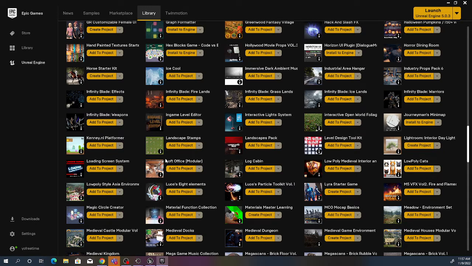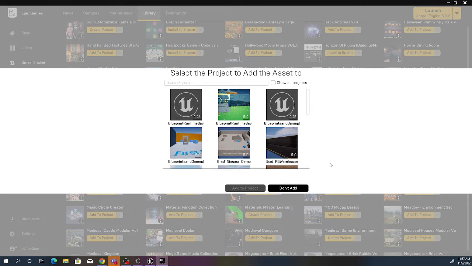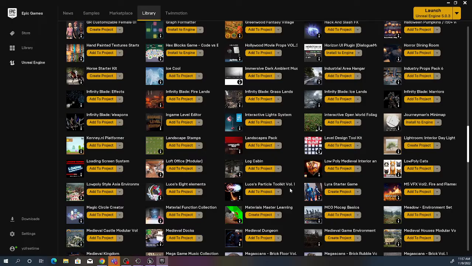Now, look what it says. It says you can add this to the project. Don't do that. Oh my goodness, don't do that. You're like, whoa, what? Why not? Because, let me show you. Add to project. I'm not going to do it because I don't want to do it. The reason you don't want to add it to your project is because this Loft Office may be like 3 gigs in size,